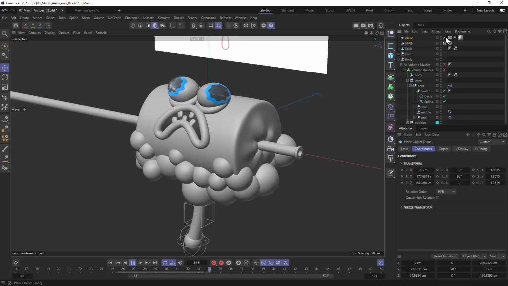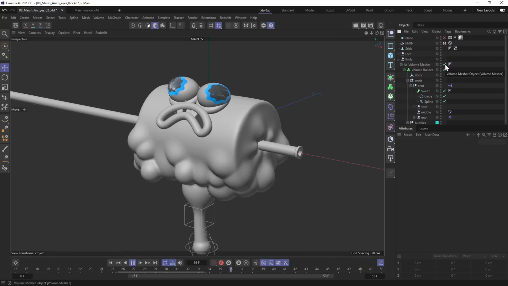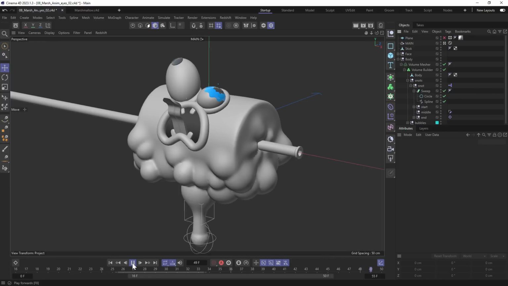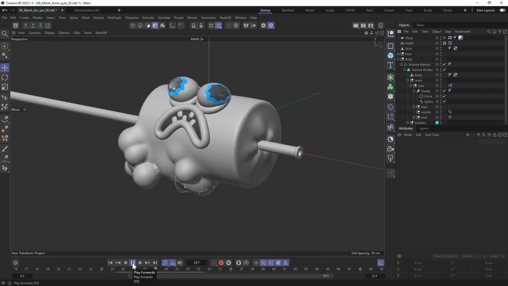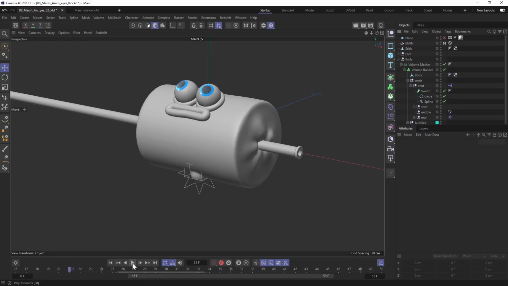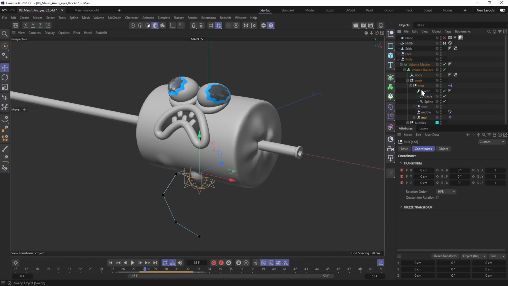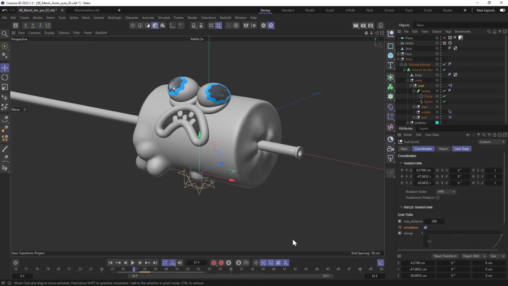Let's see how it looks with Volume Builder. It will slow computer down a bit, but I think we can see the general idea. Now we can see the snot before the bubbles, but we'll fix it later. I want to disable the simulation before the snot starts to fall out. In my case, it starts to fall out in frame 28, so let's select the snot null and animate the simulation parameter. And I will disable it one frame before.